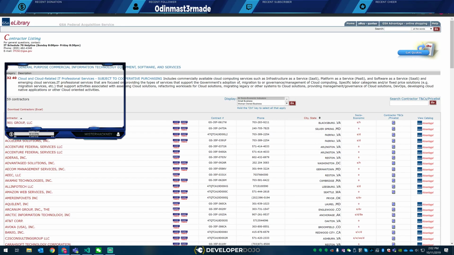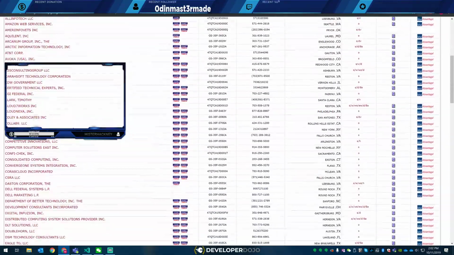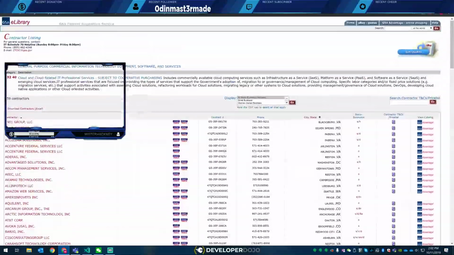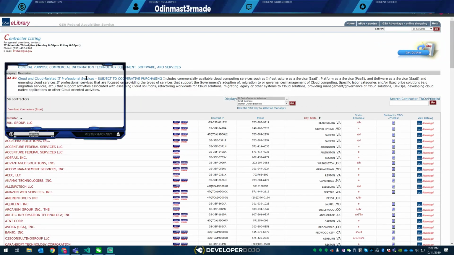And these websites are ugly. If you want to do big business, you have to be okay looking at ugly websites. It's just part of the deal. And here's a list of everybody that has that 132.40, that has a GSA contract. The GSA contract pretty much says that someone in the government and their fiscal department looked over everything, analyzed it, and approved of the prices, approved of the structure, and agrees that that company is good to do business with